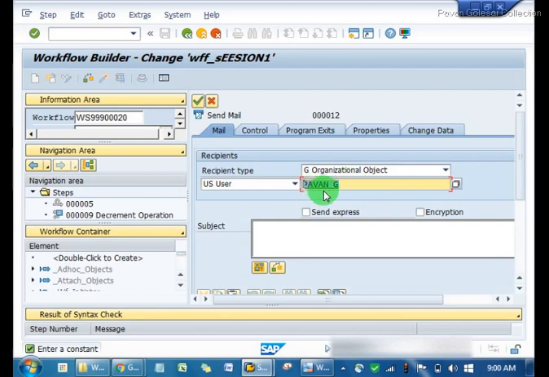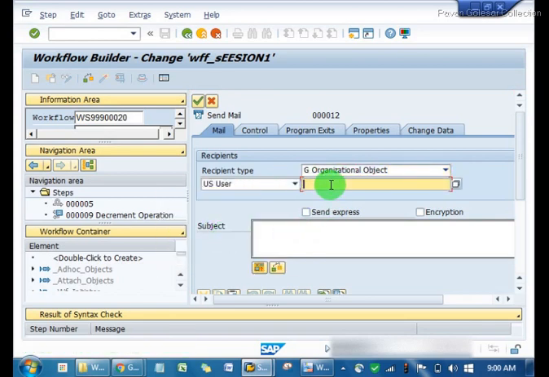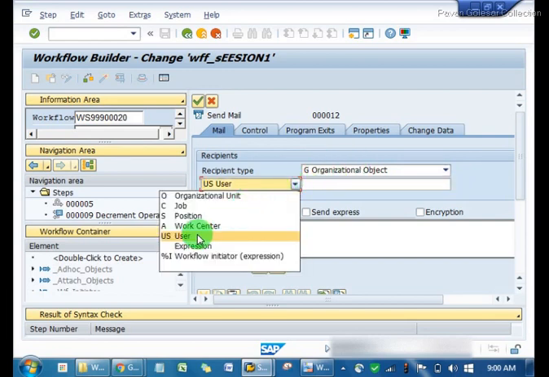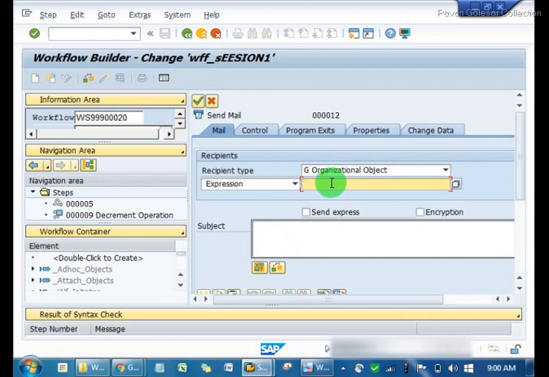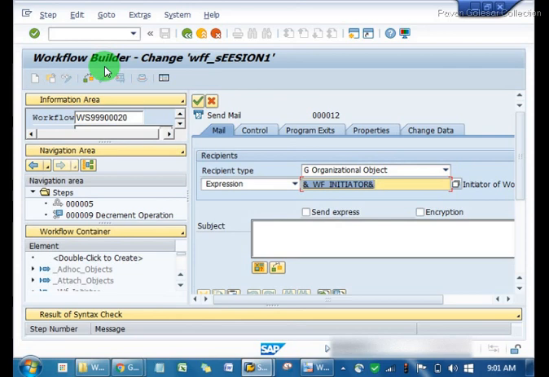If we want to do this check against a user, we give the condition as user. Currently, it is not like authorization works; here, the question is when to trigger the workflow. The user is the recipient. Recipients are nothing but those who are going to get the mail. In this case, I am passing this user, my own number, but going the conventional way, I'll use workflow initiator. So anyone can execute this workflow. Since this is the workflow initiator, whoever executes it will receive the mail. That is the meaning of recipient.